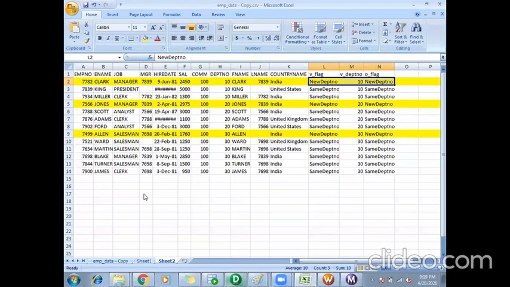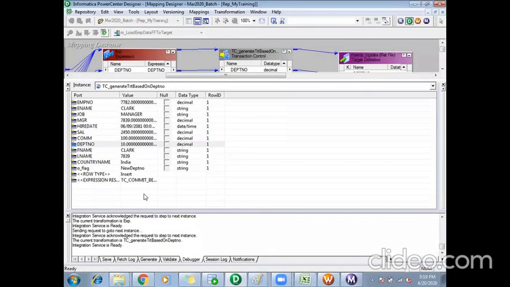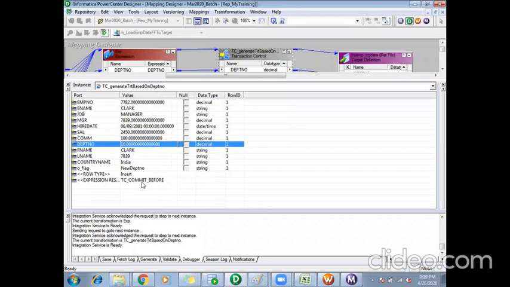It went to my transaction control. So what got executed? TC commit before got executed here because we said if O flag equals new transaction, do a TC commit before. So TC commit before got executed for this particular record.